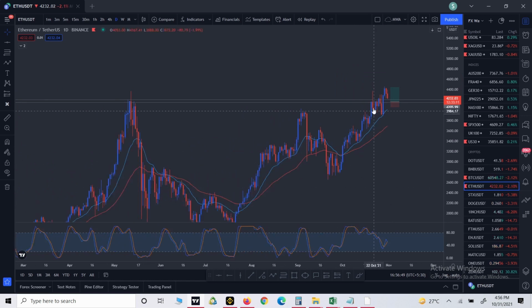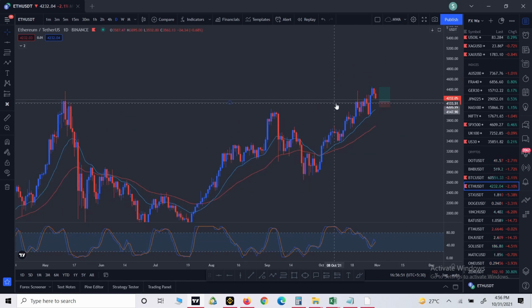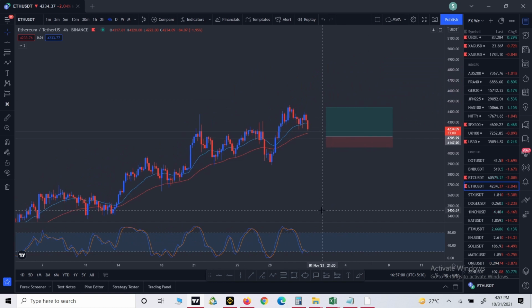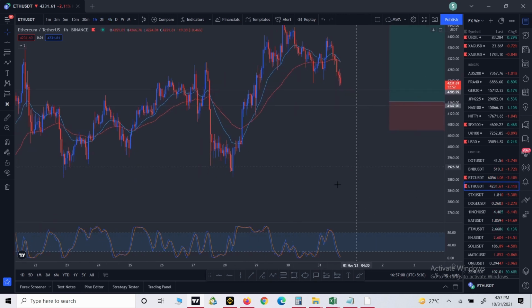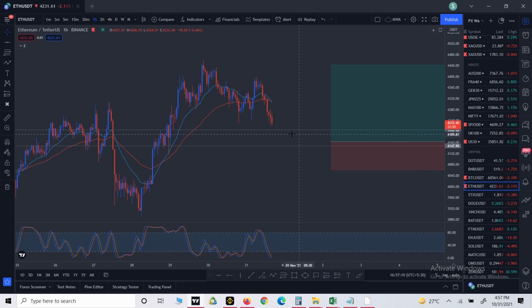if the price gives us a retest of this zone, then we can catch this move. And as we can see, the price is already approaching this zone. So what we can do, we can try to catch this move on the low time frame. Now, as you can see on the low time frame, H4 or H1, if we find some kind of a bullish candle in this zone, as the price keeps approaching this zone,